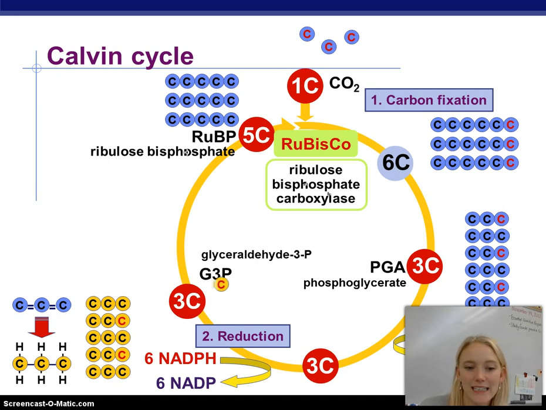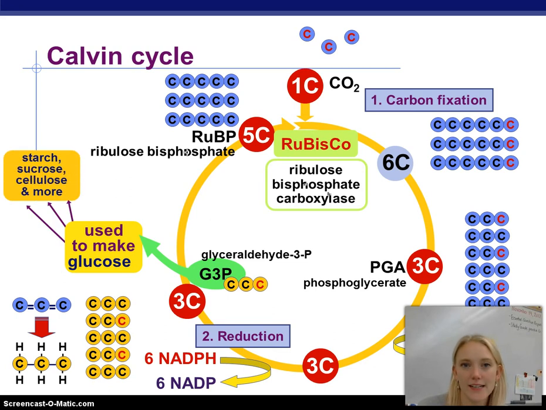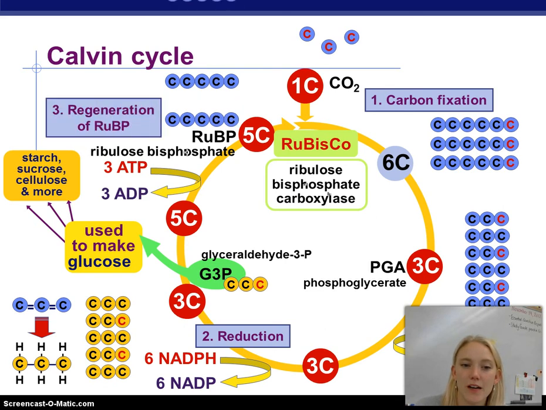And this is really what's produced, and because this is the next molecule that's used to make glucose, we simplify it by just saying that it makes glucose, but it really makes G3P. And then this can go on to make starch, sucrose, cellulose, and other structures as well. And so we take 3 ATP to get it back to our RuBP, or ribulose bisphosphate, so the cycle can begin again. Okay. What you need to know is that carbon dioxide comes in and it uses ATP and NADPH